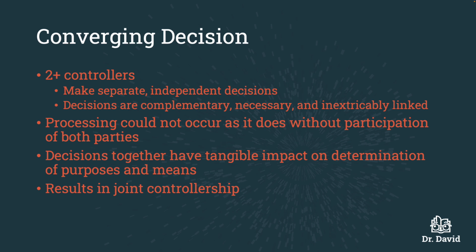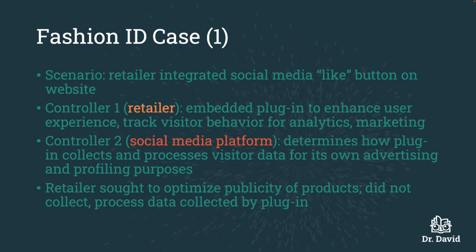So you can have a common decision that results in joint controllership. You can also have a converging decision. And so this is referred to as types of participation in our determination methodology, which we're going to look at in a little bit. And so here's a real life example. This comes from the infamous Fashion ID case, and it gives us an example of what joint controllership looks like